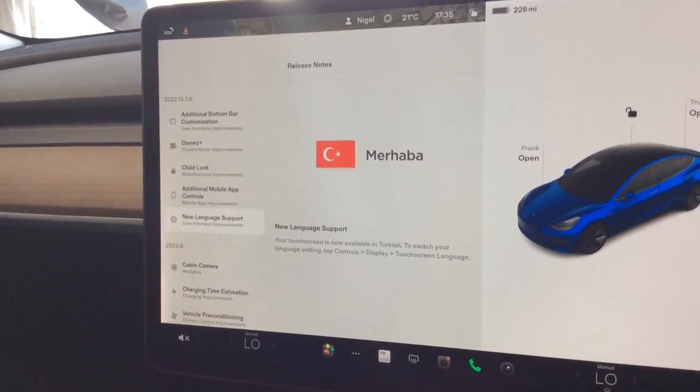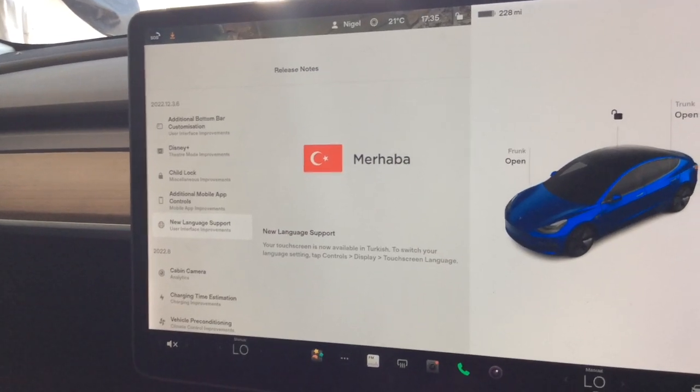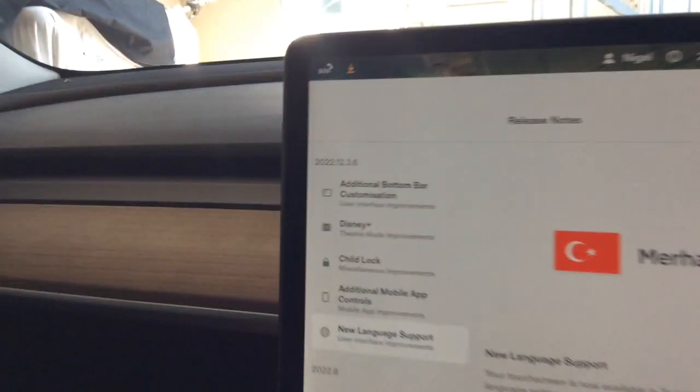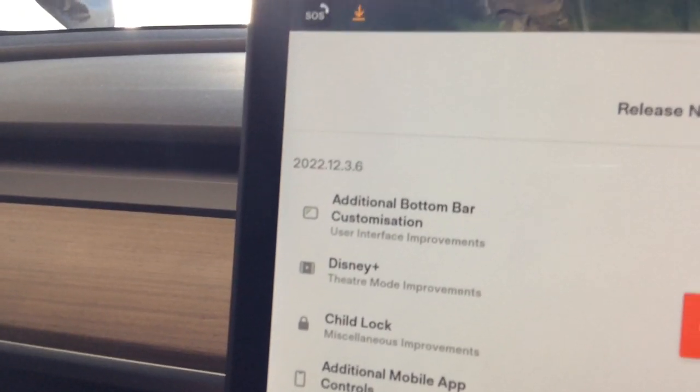And new language support. Your touchscreen is now available in Turkish. Well, that is fantastic news. So anyway, this one that we're looking at is the 2022.12.3.6. So I bought the car last September, and I didn't do any software updates for a month or two,